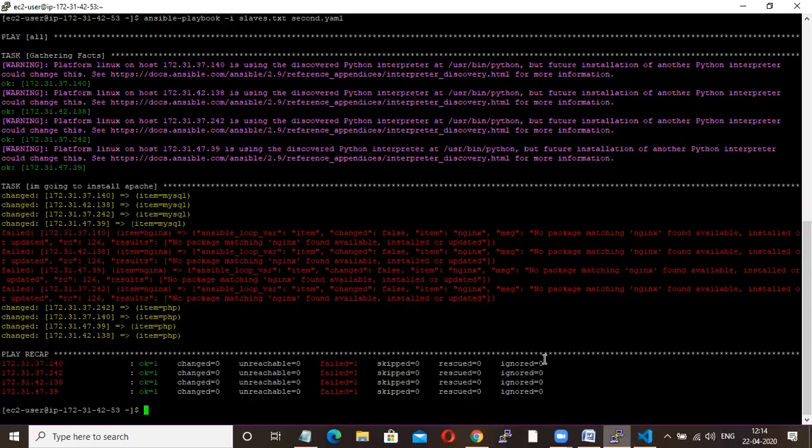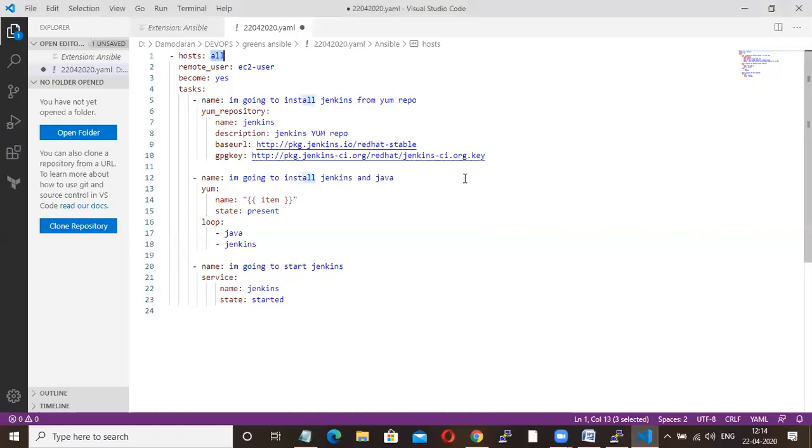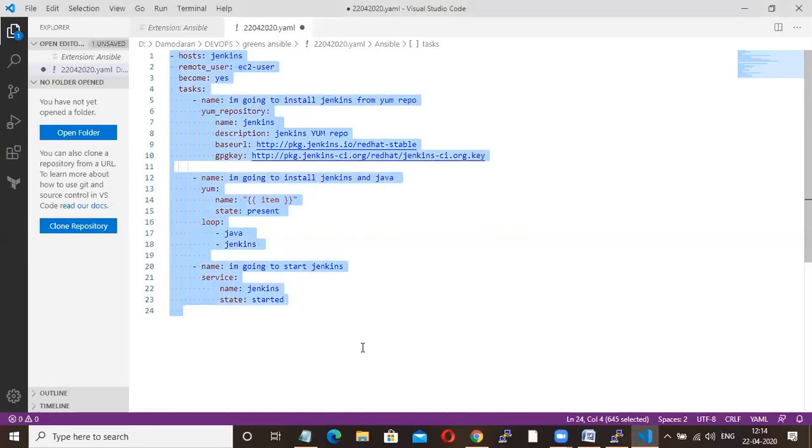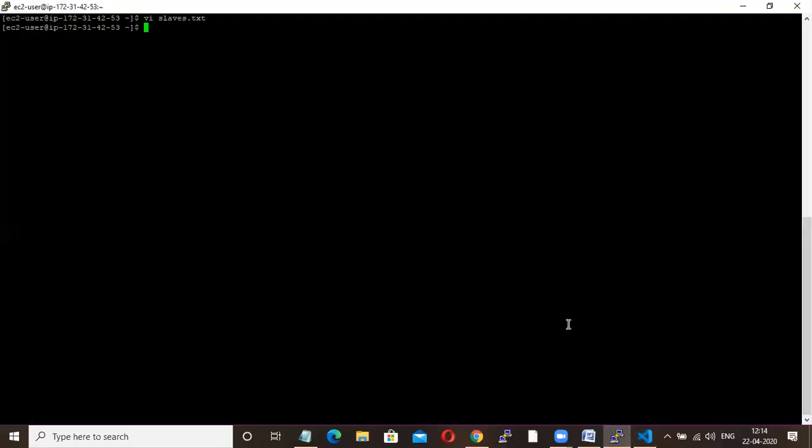Then how to do it: last class itself I taught you, open your configuration, that is the inventory file. Here I'll make it Jenkins for our understanding, so I'm using the Jenkins tag. Now Control A, Control C, vi third.txt.